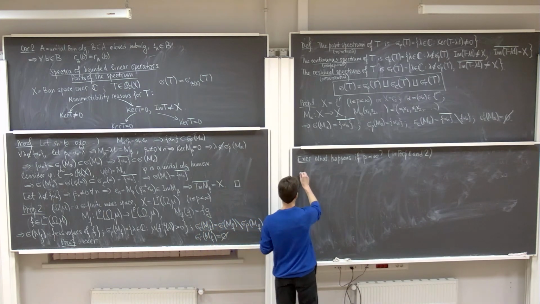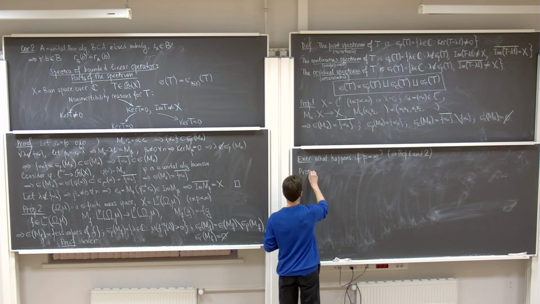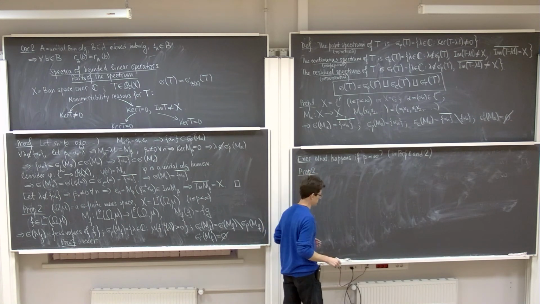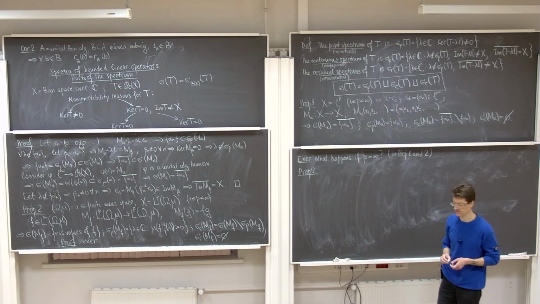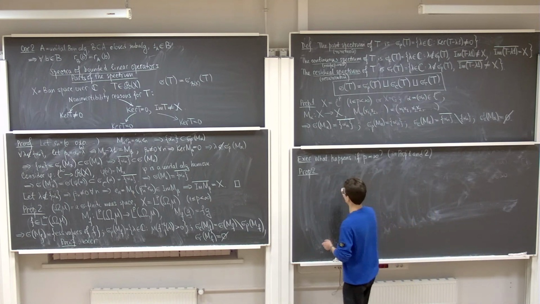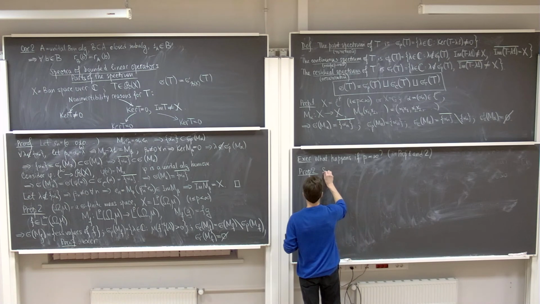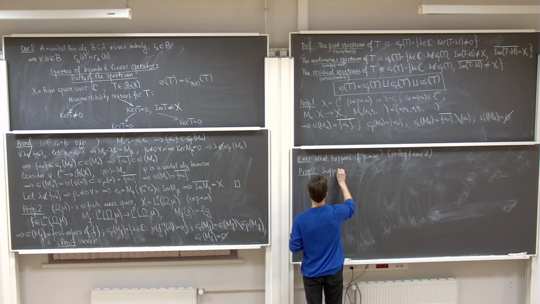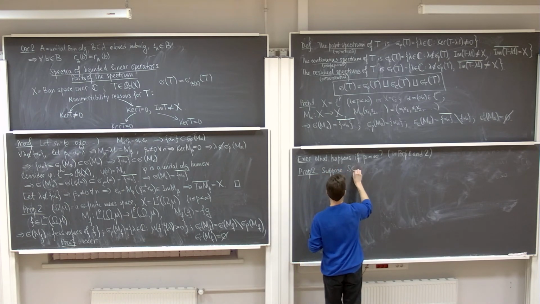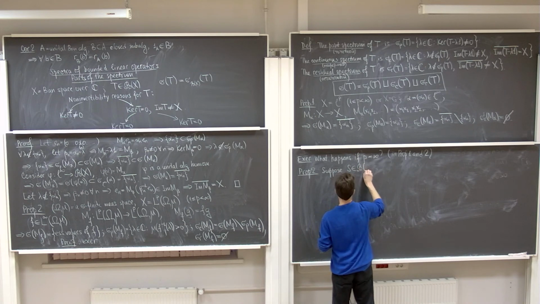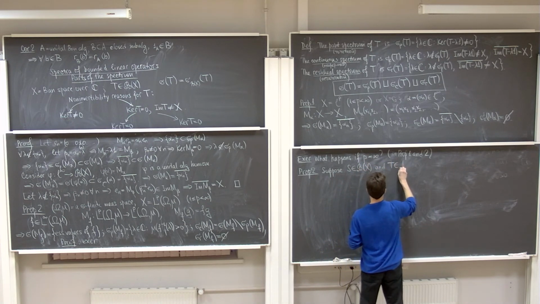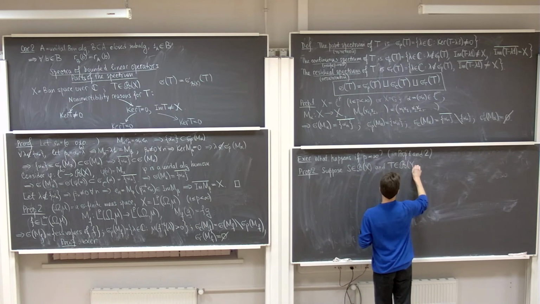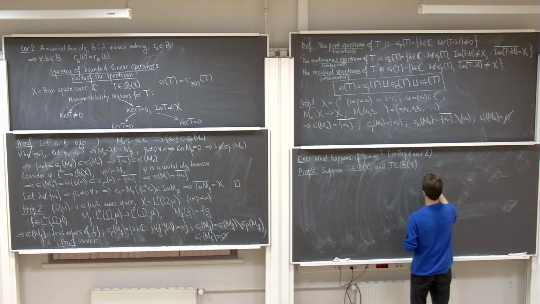The next property of the spectrum, proposition 2, is quite trivial, but on the other hand, it is very useful. So let's write it down. Suppose that we have two bounded linear operators. So S is an operator on X, and T is a bounded operator on another Banach space Y. And suppose that they are similar,